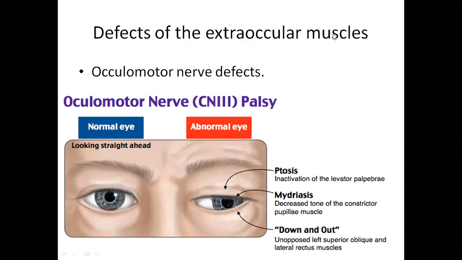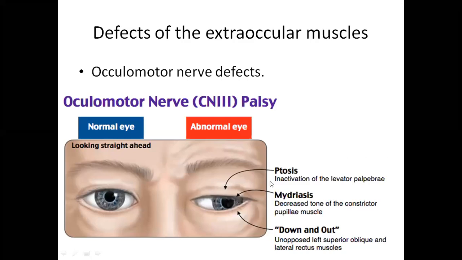Okay. So of these two muscles, the main muscle is the levator palpebrae superioris. The minor role is of Muller's muscle, which is under the sympathetic output. When this nerve palsy has occurred, what happens? The levator palpebrae superioris will not work and the lid will come downward. Okay. This is called ptosis.